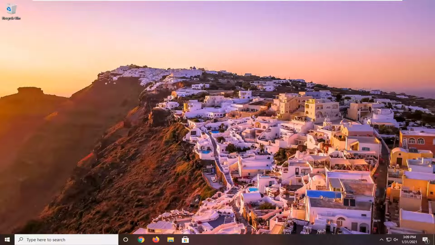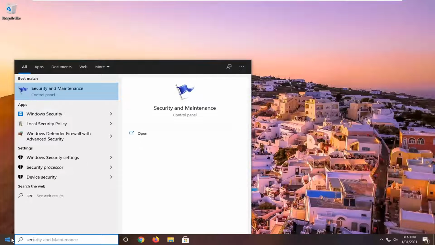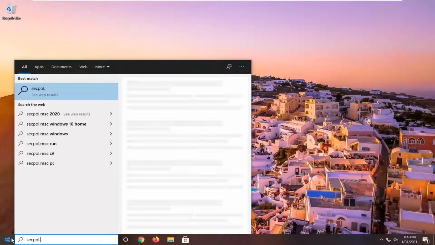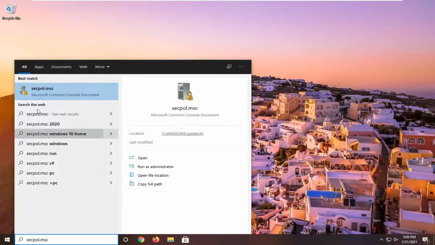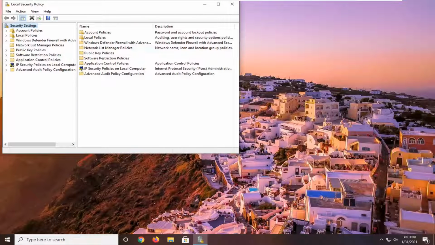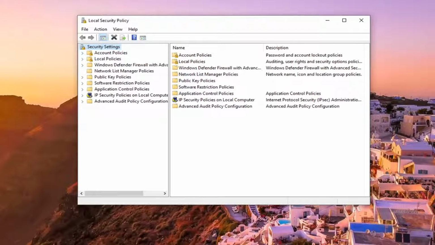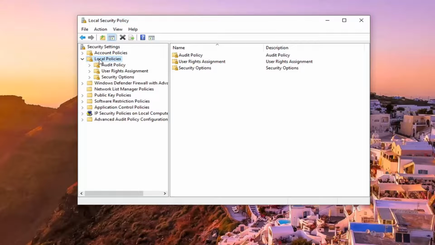So we're going to start off by opening up the Start menu, type in secpol.msc. Should come back with Microsoft Common Console document. Go ahead and open that up. You want to go expand local policies by double clicking on that folder and do the same thing for security